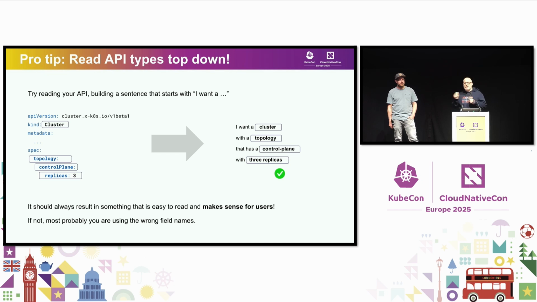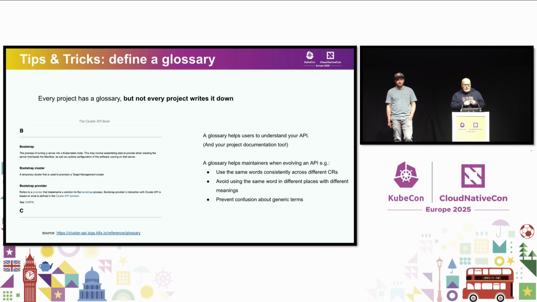If instead your sentence doesn't read well, it is not proper English, or the words are not good, etc. This is a first red alarm that you are not building a nice API or something that you will regret in the future. The second tip requires a little bit more work, but it is really, really effective